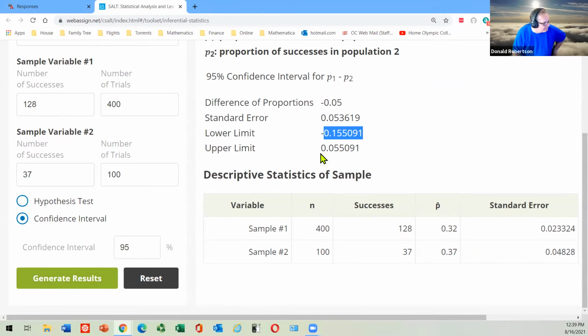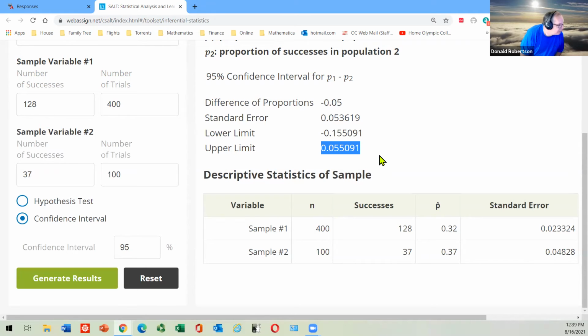You get a lower limit and you get your upper limit. And the temptation would be simply just to write down, I'm going to round these numbers off. So negative 0.16 is one side, and positive 0.0556 is the other side. And I'm now going to go back because that's where you get your information. But that's not the answer.